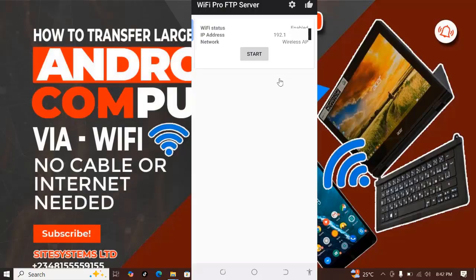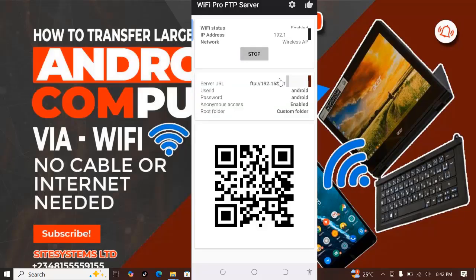So once you open your FTP, it will look like this. Then you have to click on start. Okay, so what you need from this FTP is just the IP, the server URL. Okay, so what you will do, you go back to your system,